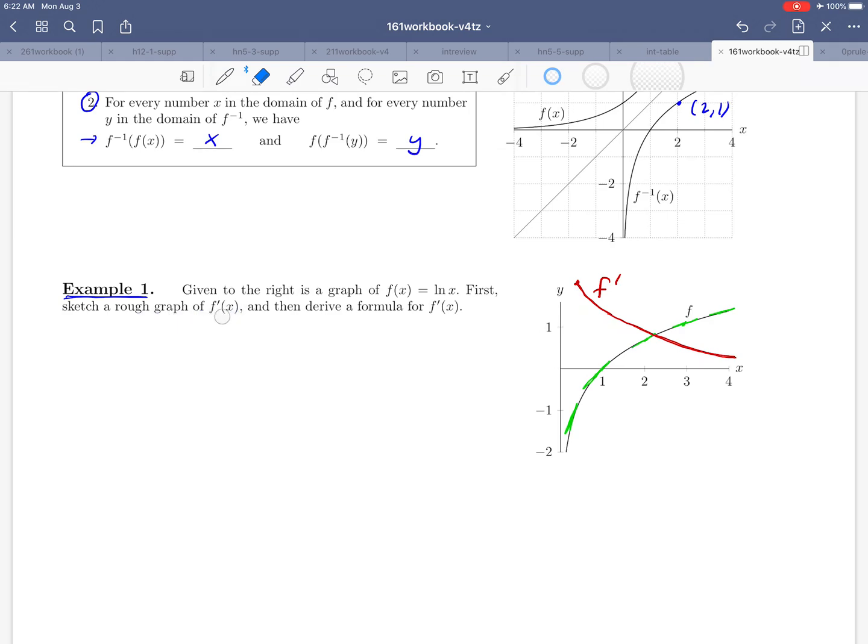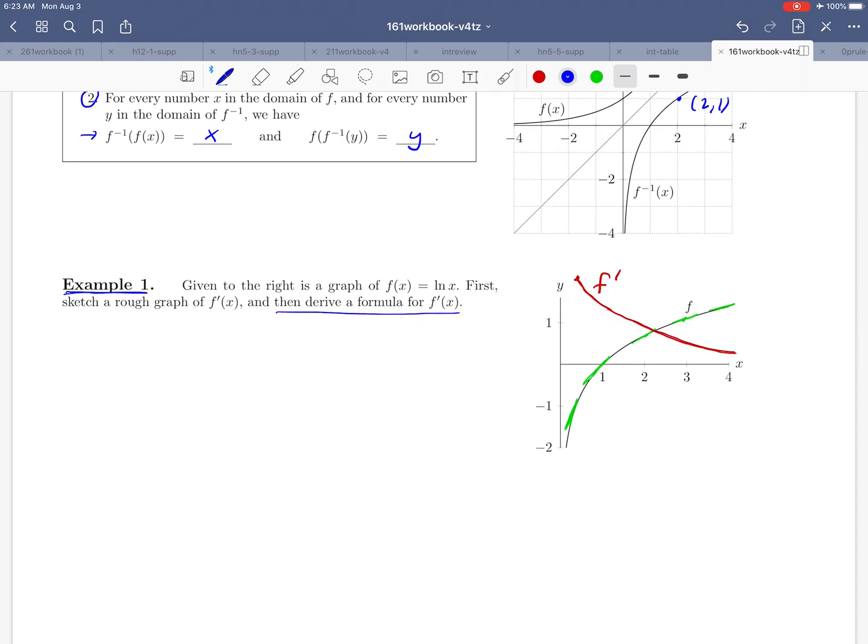Okay, and now we're ready to find the formula for this derivative. Okay, what would a derivative formula for the natural log of x look like? Okay, well, again, we don't have a derivative formula for the natural log of x, but we do know that the natural log function is the inverse of the exponential function. Okay, so we know then that e